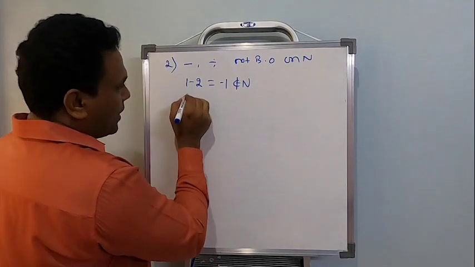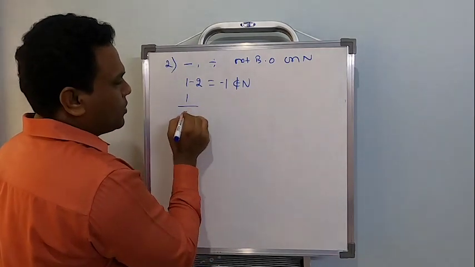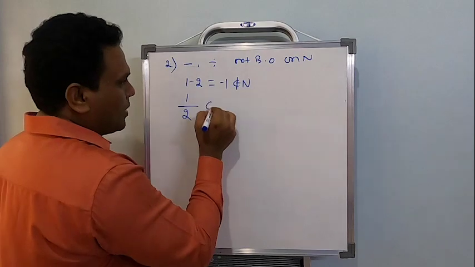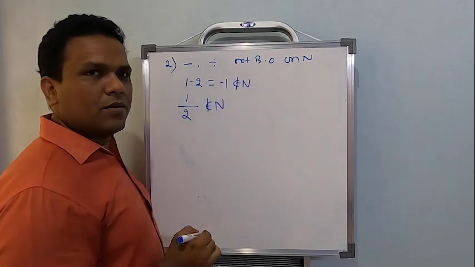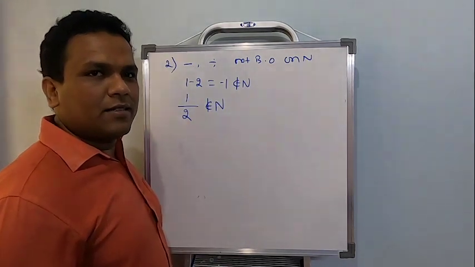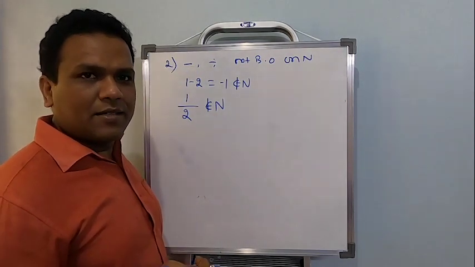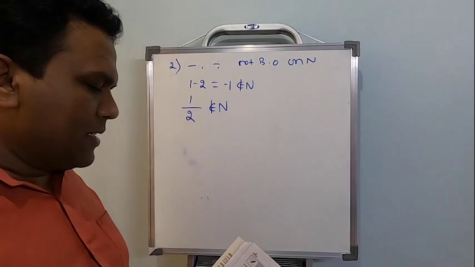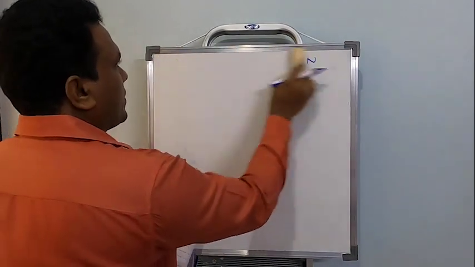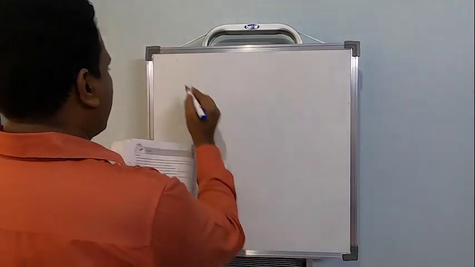Now, division. 1 is a natural number, 2 is also a natural number, but 1 by 2 is not a natural number. So you create one example of such kind. That's it. Things are simple if you can create examples and understand this. Now let's move to the next problem, number 3. Simple examples will get over soon.